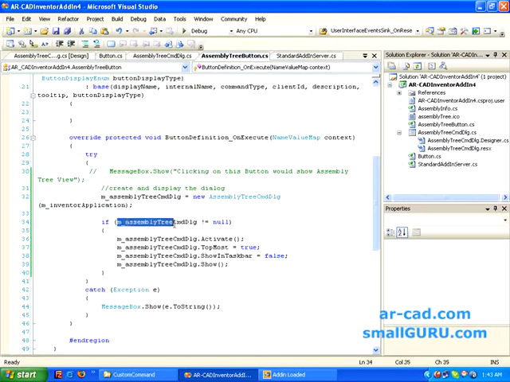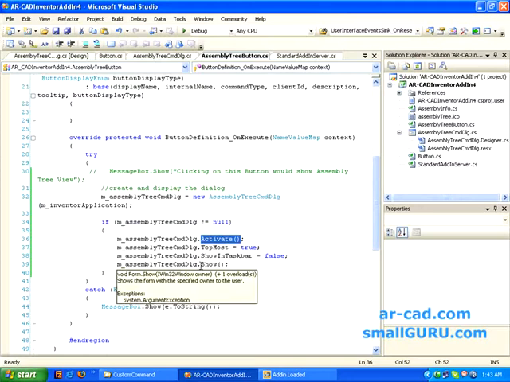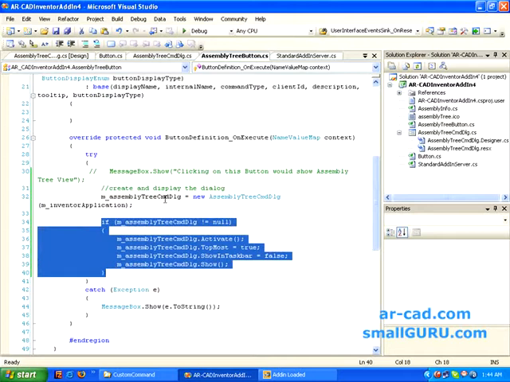If it is not null, then we ask it to activate, then it should be made topmost. These are the optionals, and this is the main, which will show you the dialog box. This is the only change we need to make in this particular file.